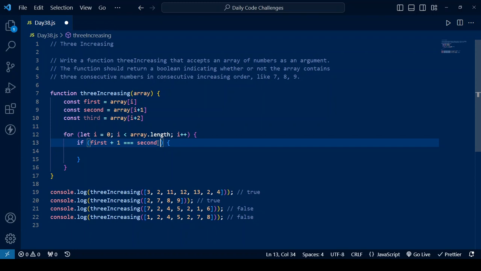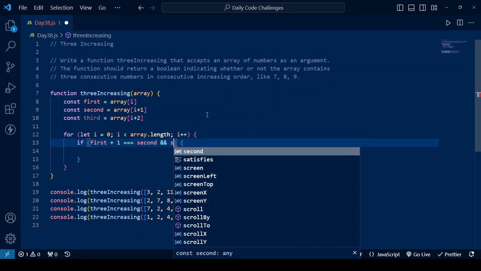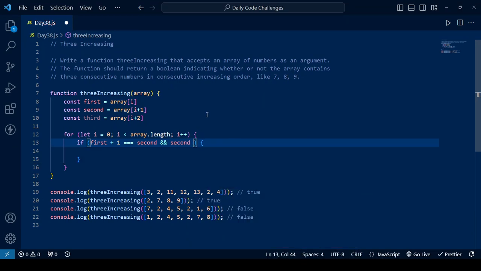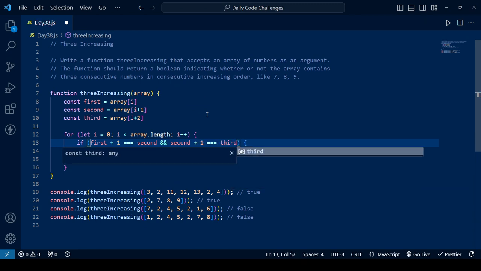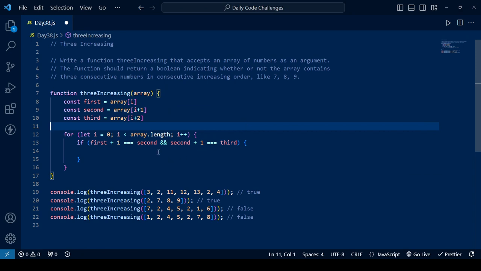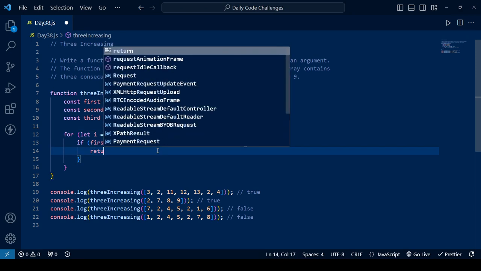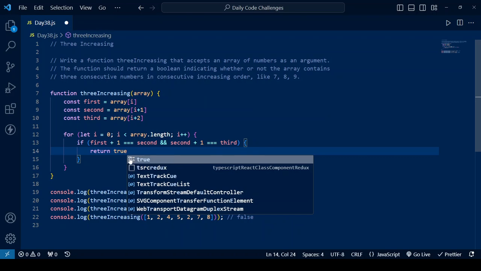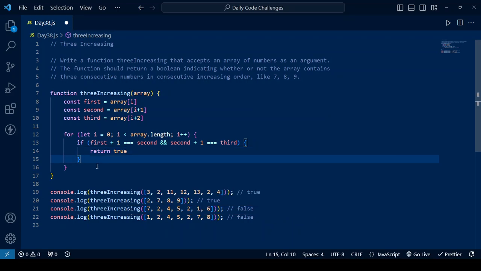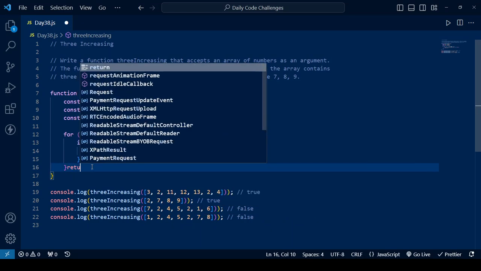So to combine them, we are going to use the arithmetic and, using the ampersand. So here we are simply going to check if second plus 1 can give us third. So we simply say second plus 1 equals third, right? So if this is this, we return true. Then anything aside from this returns what? A false,